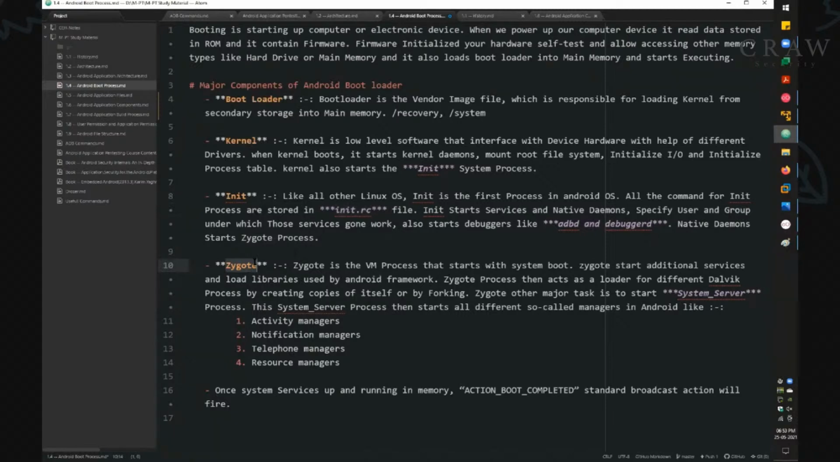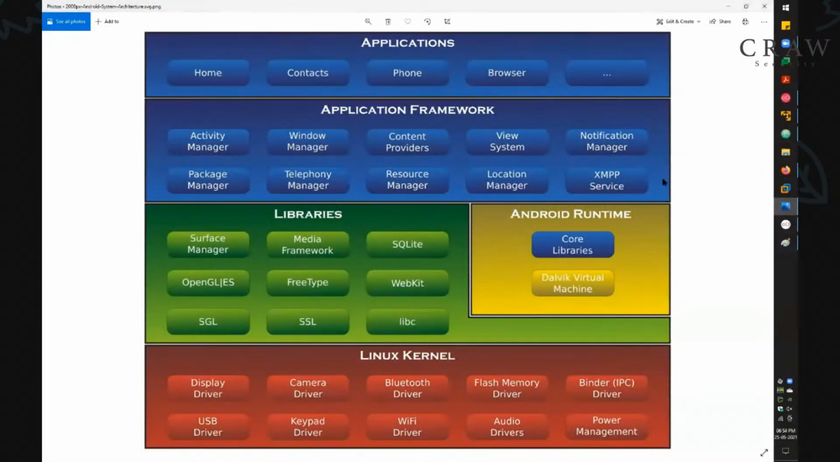So after starting the virtual machine for your software, you will start another child process that was your system server. The system server process was used to manage all your different managers. All these different managers were managed by your system server process. After starting all your managers,